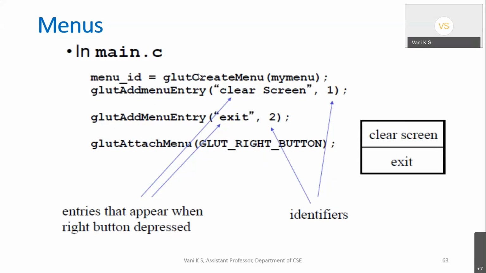Understanding, I think, how do you create a menu? Through glutCreateMenu. And this is a function which will be called whenever you click or do any operation on this menu. This is a registered callback function. And once this create is successful, an ID will be returned for that. Then how to add the members to that menu? It is through glutAddMenuEntry. This is the display name, clear screen. And for this clear screen, an identifier one is there. One more entry, exit, and the identifier for that is that.